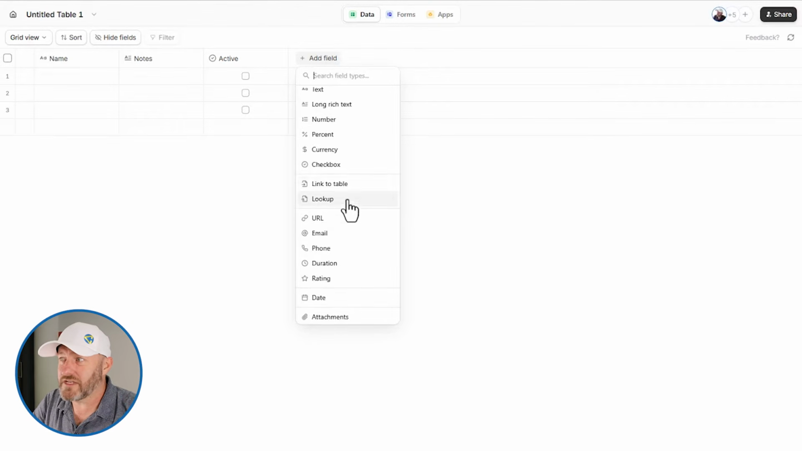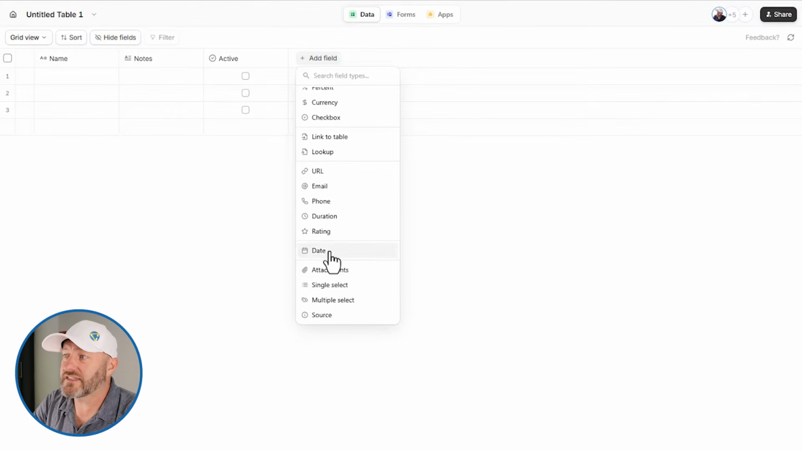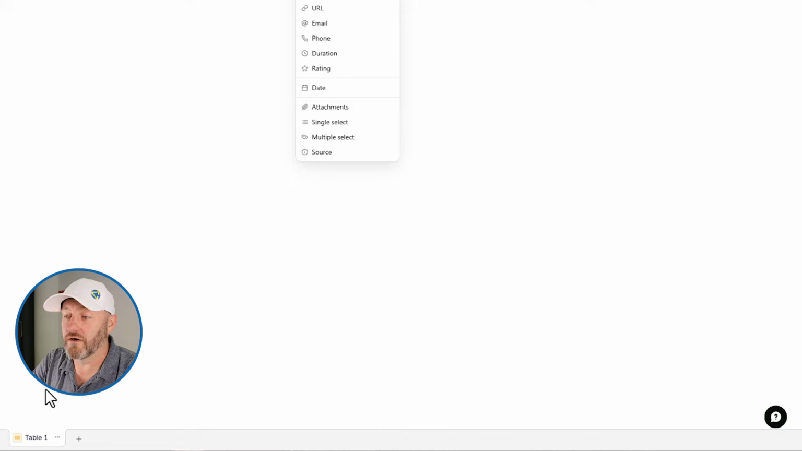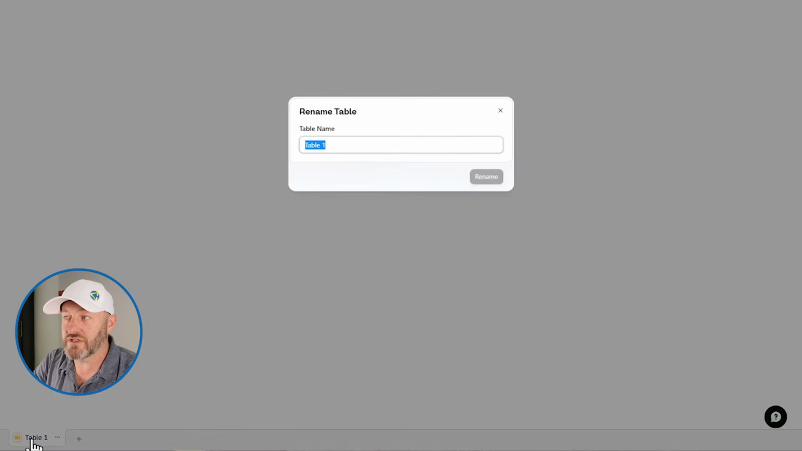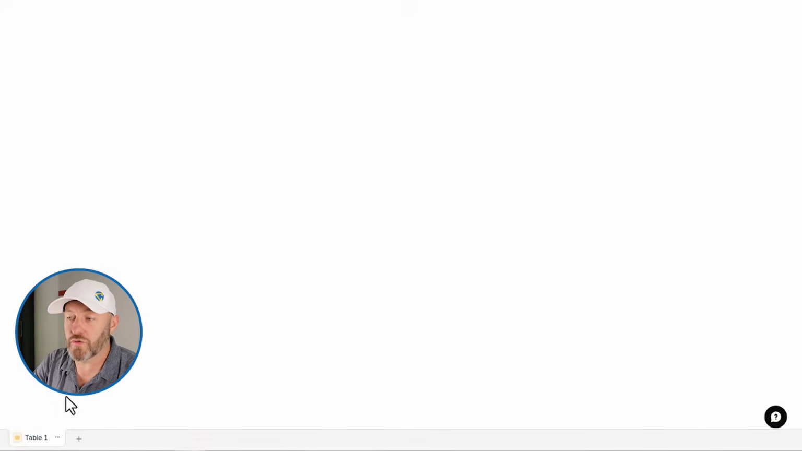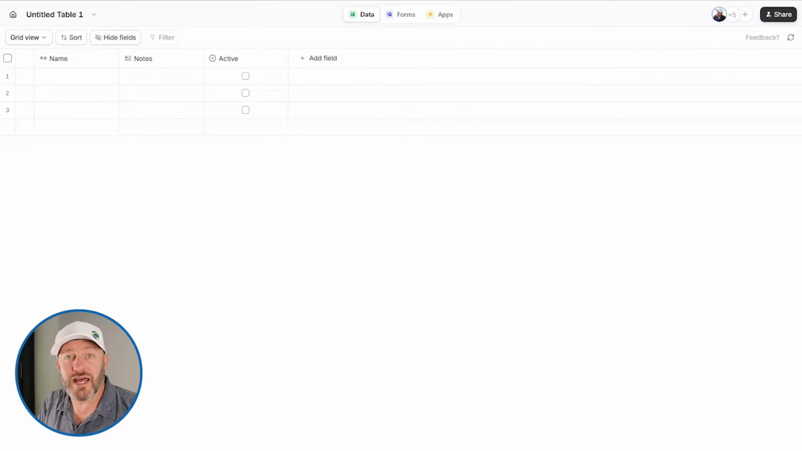And the part that I skipped here was linking to other tables and then also being able to look up information based on that linked relationship. We also have dates and then attachments, single select, multiple select, and source. Now your tables are actually tracked in the bottom left-hand corner of your screen. So you can rename your tables down here, and you can also create new tables and then link them together throughout the database. So we have all of the core functionality that you would come to expect from an established database,